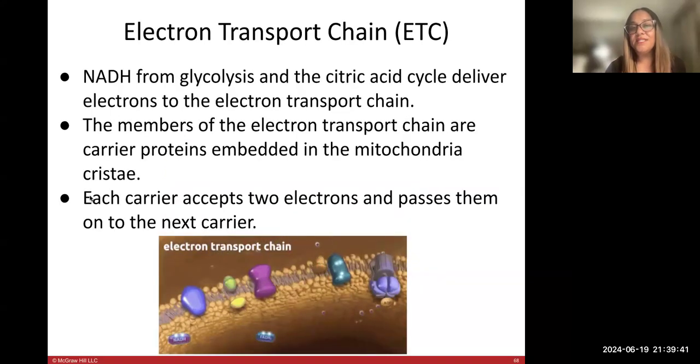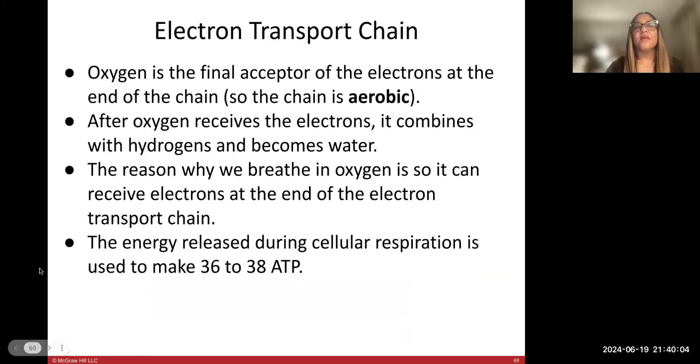And then the final step is the electron transport chain. NADH from glycolysis and the citric acid cycle deliver electrons to the electron transport chain. The members of the electron transport chain are carrier proteins embedded in the mitochondria cristae. Each carrier accepts 2 electrons and then passes them on to the next carrier. Oxygen is the final acceptor of the electron at the end of the chain, so the chain is aerobic because